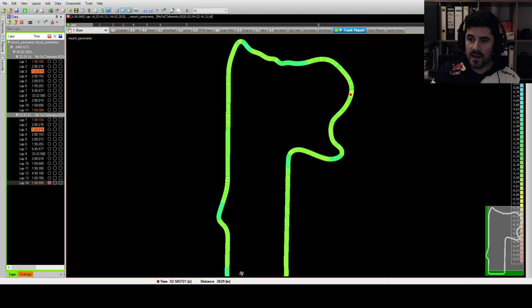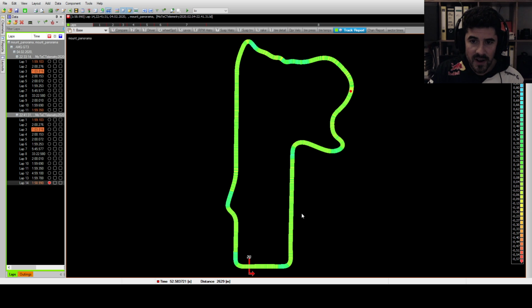Then when the rake angle goes down, we are in the green territory, and when it becomes negative, we go to yellowish red. So what we're looking out for now are the negative parts, or the red parts on the track, and